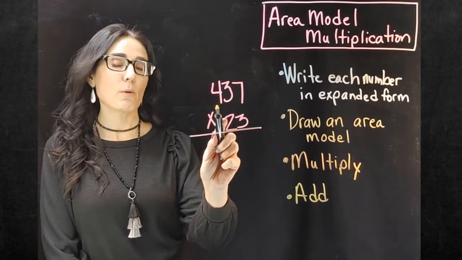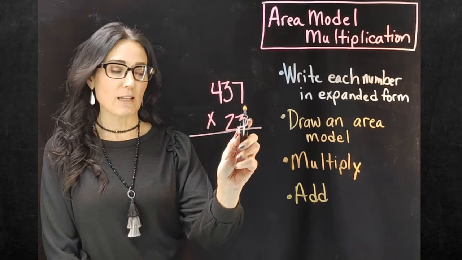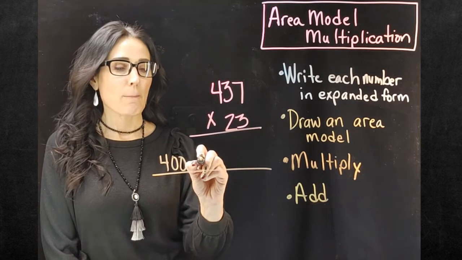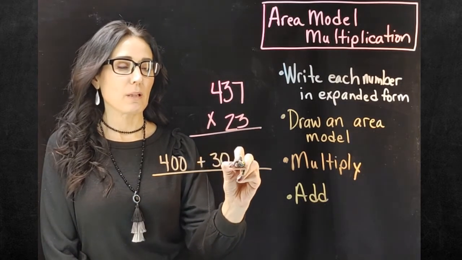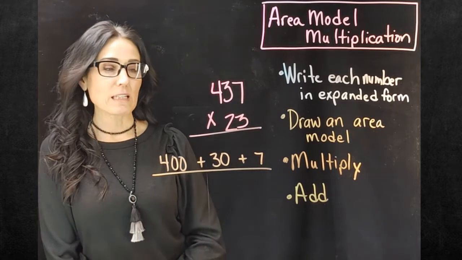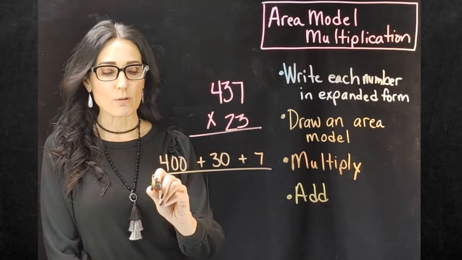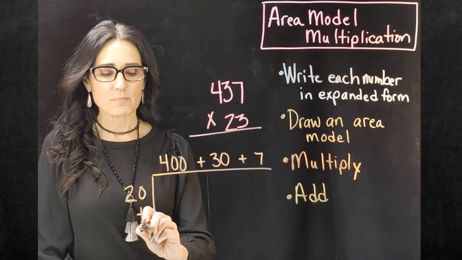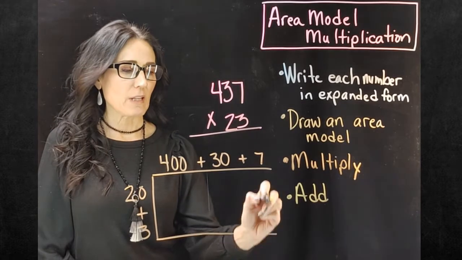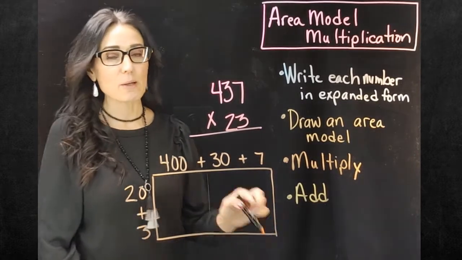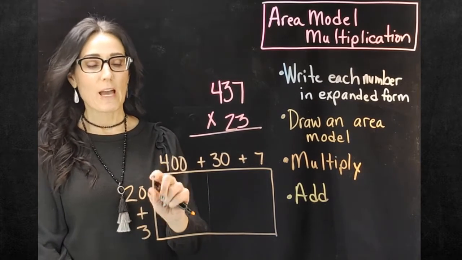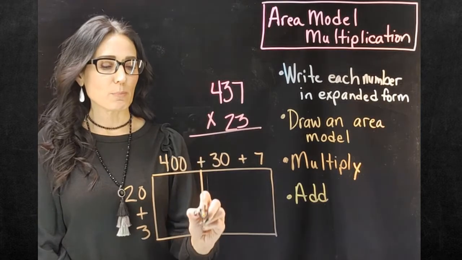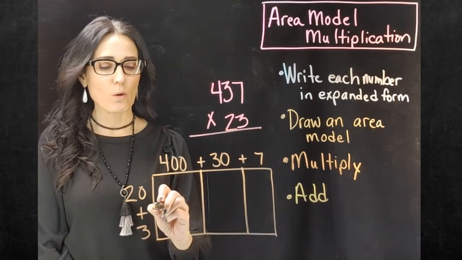So we know this is going to be 400 plus 30 plus 7. So those numbers are going to go across the top, 400 plus 30 plus 7. Then we're going to take our 23 and expand that out going down the side, and we would have 20 plus 3. All right, so that's going to help us know how many quadrants, or actually how many sections, we're going to have, because we're going to have more than a quadrant here. So wherever there's a plus sign, I'm going to draw a line all the way to the other